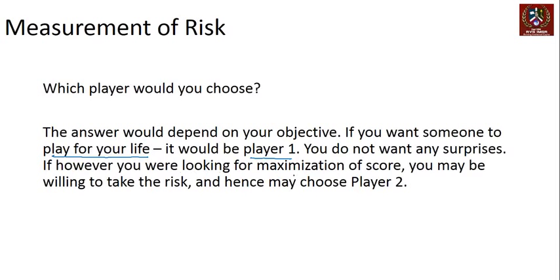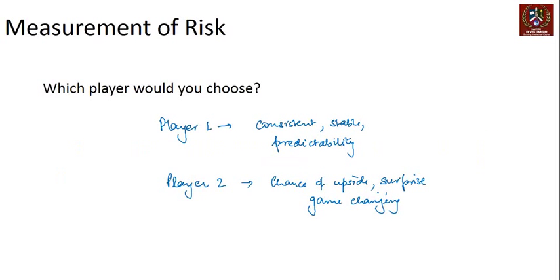If, however, you're looking for maximization of score, the probability that if the player clicks, you could win the match altogether or close the match there and then, you may be willing to take the risk and hence may choose player 2, right? Now just go back and try and change player 1 and player 2 with, let's say, investment 1